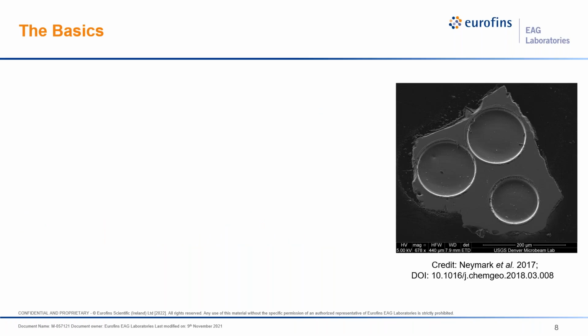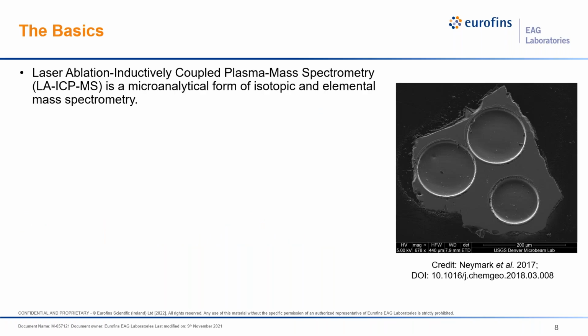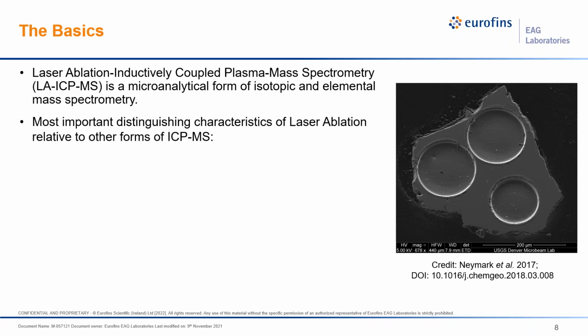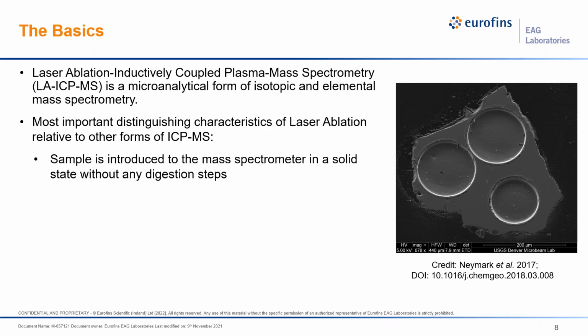So let's start with the basics. Laser ablation is simply another ICP sample introduction method like traditional solution ICP-MS or variants like liquid chromatography ICP-MS. Like that latter example, laser ablation is a form of time-resolved mass spectrometry, in contrast to the steady-state signal of traditional solution ICP-MS. The most important distinguishing properties of laser ablation MS are: 1, the sample is in a solid